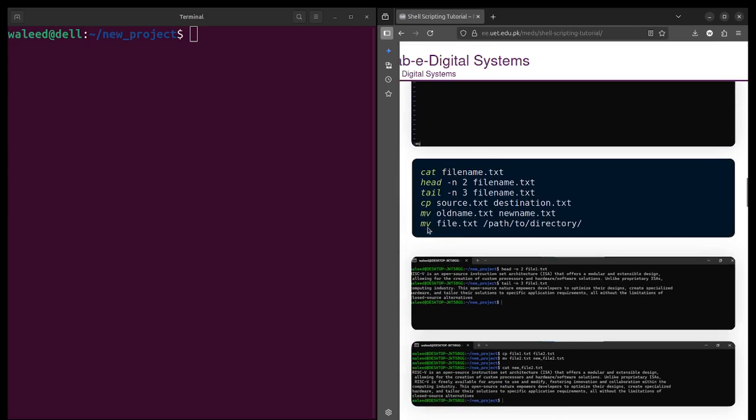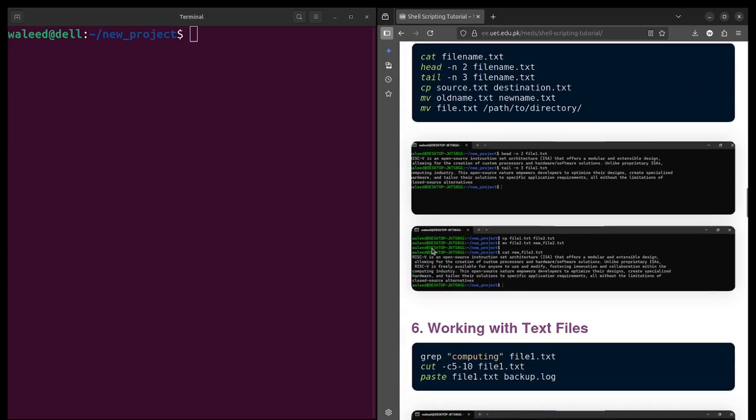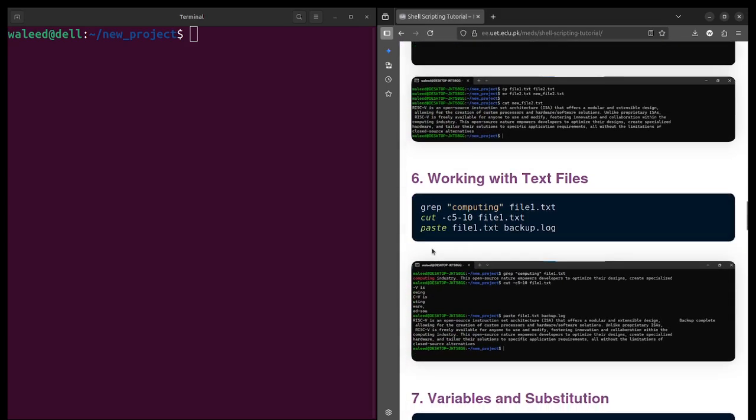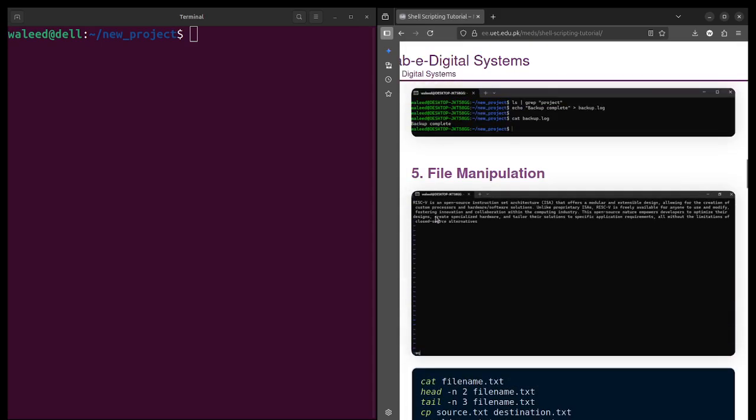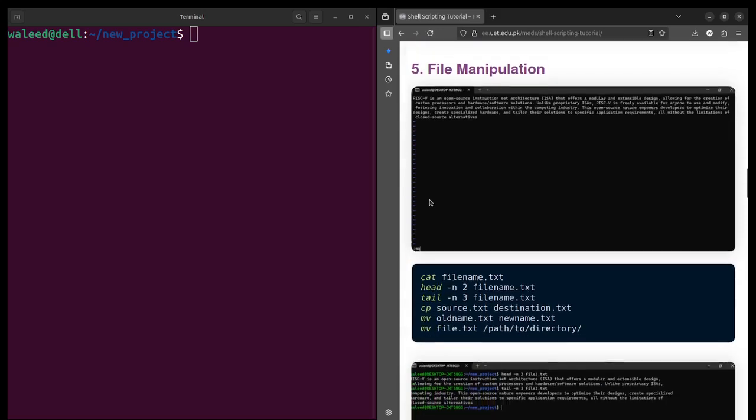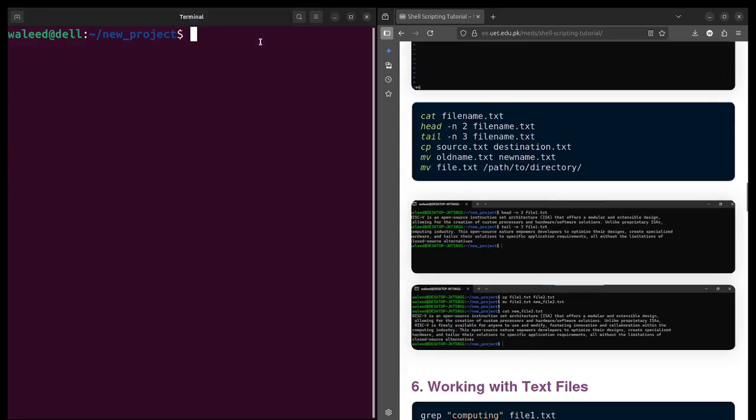Previously we have used cp, so you may be confused that it does the same, but it is slightly different from paste. Paste, as you see, merges two files, while copy copies a file and pastes it into another file. For example, if I use cp file4.txt and then file5.txt, I had Ali, Walid and Hassan in file4 and Lahore, Islamabad and Karachi in file5.